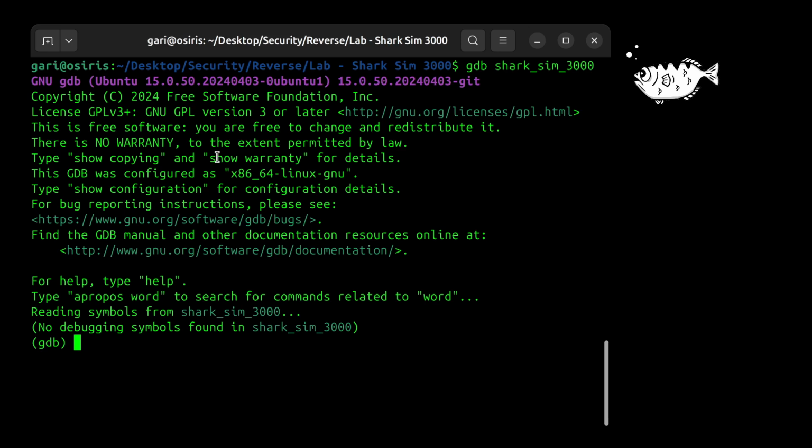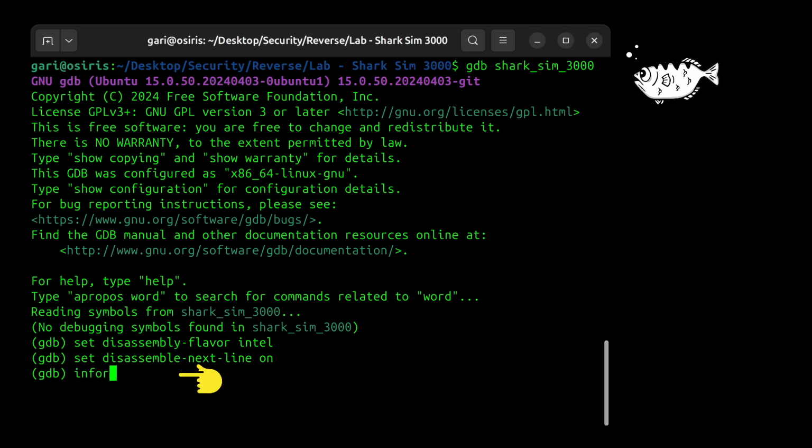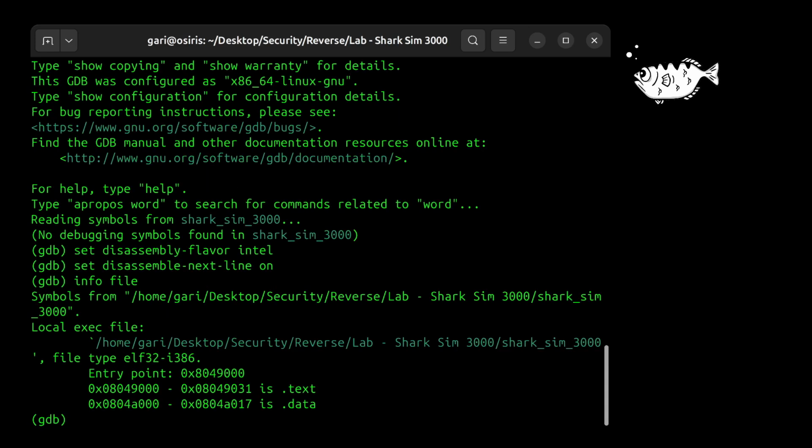And the first thing you want to do is to set the disassembly flavor to Intel, and also set disassemble-next-line on. We set the disassembly flavor to Intel to specify that we're using Intel syntax instead of AT&T, and we set disassemble-next-line on so that it allows us to see the next line. So when you run info file, we get information about the files of the program,